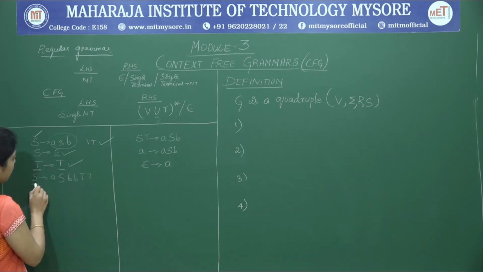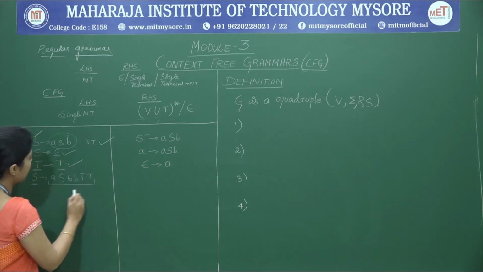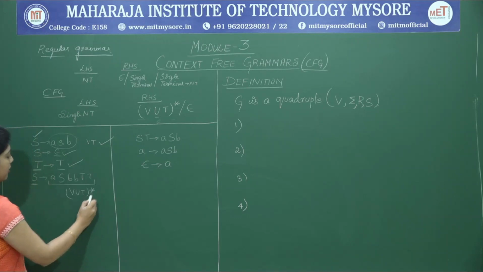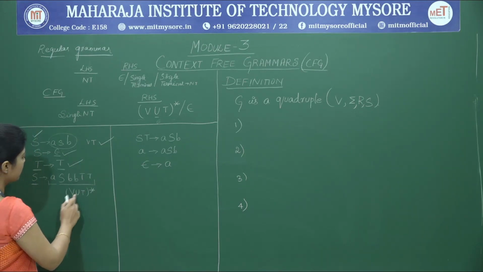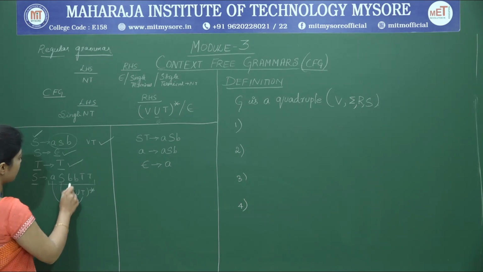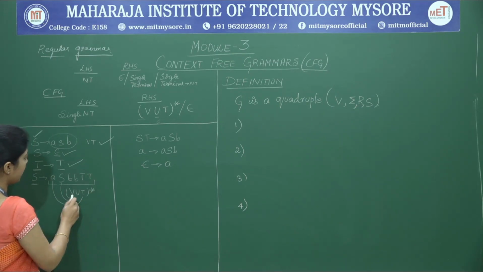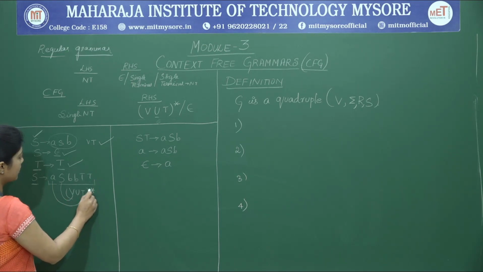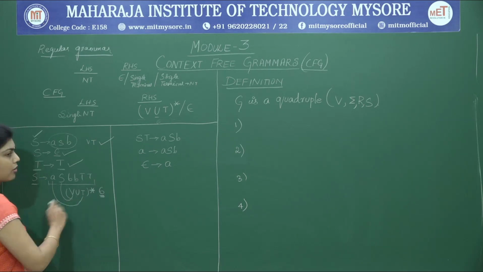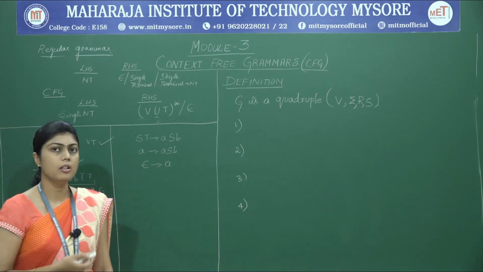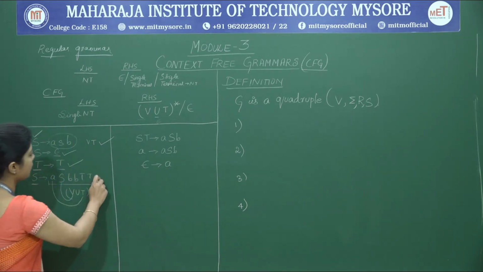And then this is a single non-terminal. Again there is a combination of variable and terminal any number of times. So there are more number of times of variables. So first time it's a choice of T, second time it's a choice of V, and the third and the fourth are the choice of T, and the fifth and the sixth are a choice of V. So this has repeated 6 times. There are 6 symbols. Each one of them is either a variable or a terminal. So therefore this is also valid.